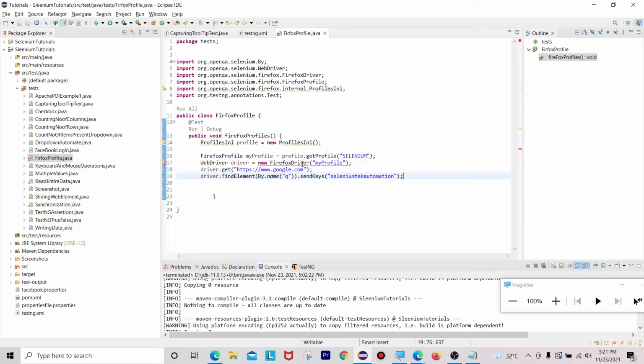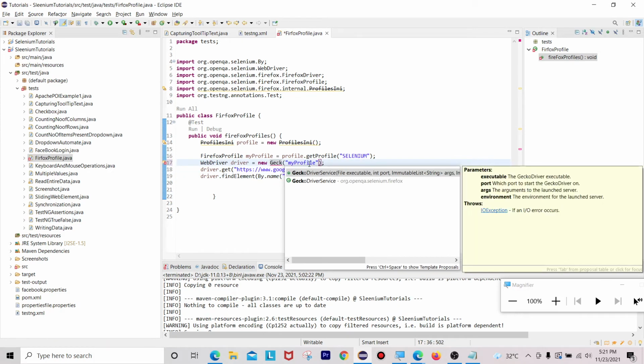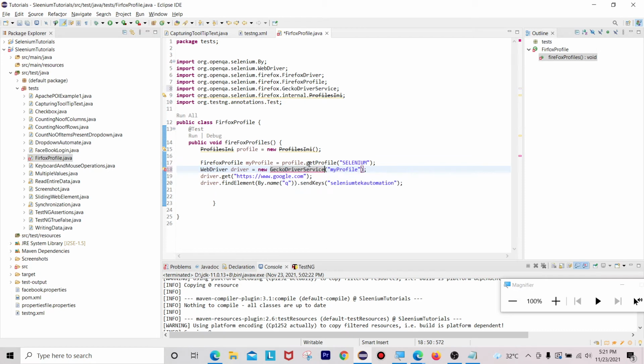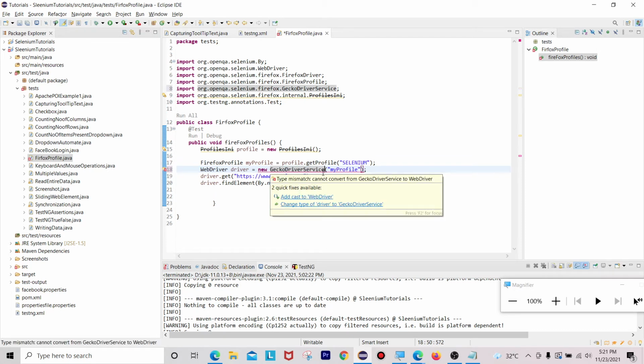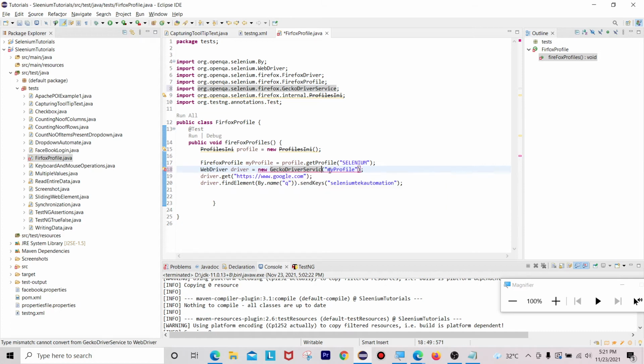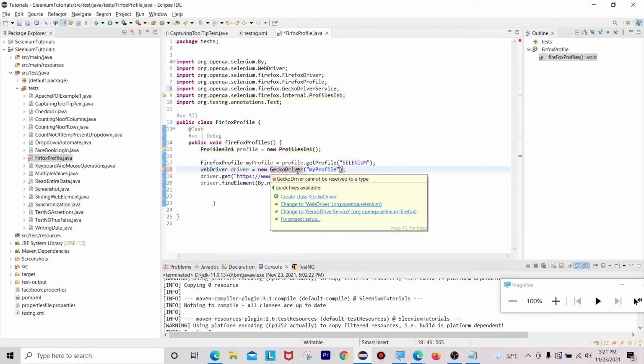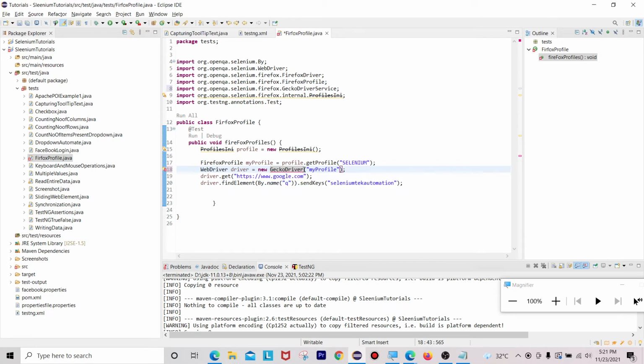Now, driver equals new Gecko driver. Is it okay?